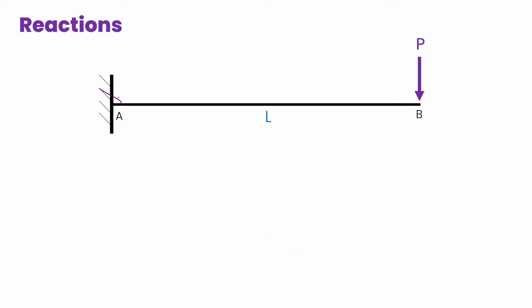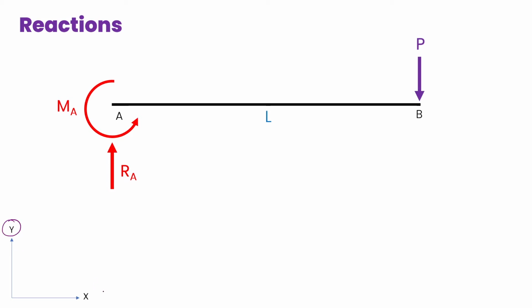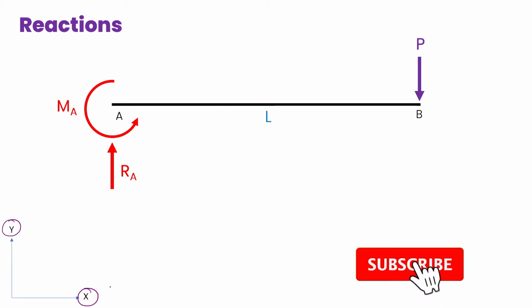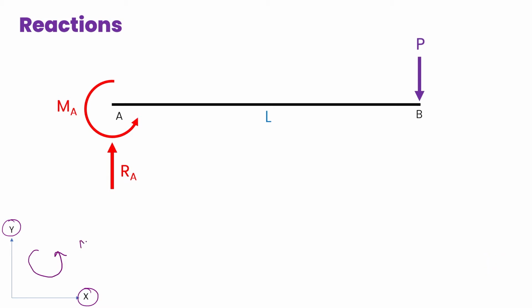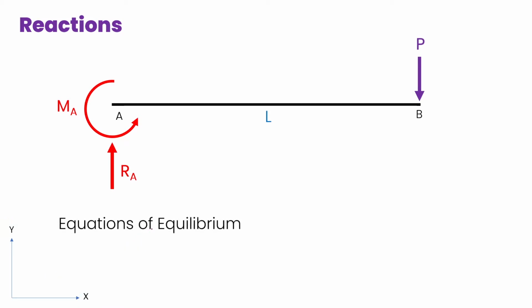So what we'll try to do is remove this and replace it by reactions. So this is what happens. So we get a reaction force in the y direction and a moment in the z direction. So this is going to be our axis system, x in this direction, y in this direction. Whenever we are talking about moments, the moments are going to be in this plane, that is the Mxy plane, which I've already shown you will be called Mz using the right hand thumb rule. So once we are done with the free body, let's move on to the equations of equilibrium.